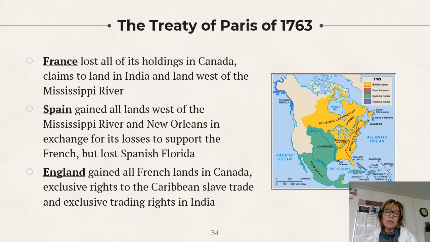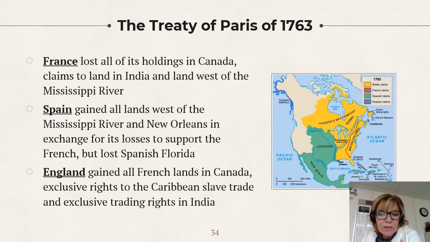Okay, so here we get the Treaty of Paris, and you can see all the players are there. They meet in Paris and they come up with an agreement. France loses all of its North American holdings. You can see, though, if you look at it, they still maintain control of Haiti down there on the island of Hispaniola, but that is it. Right? They lost all their other holdings.